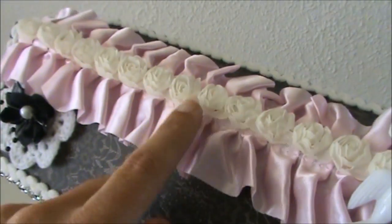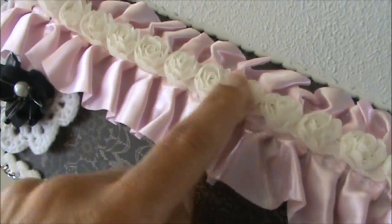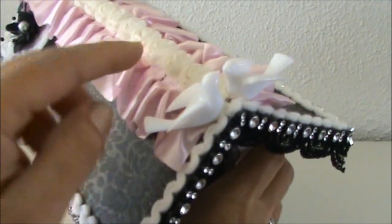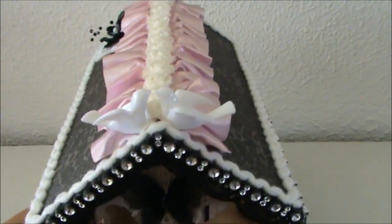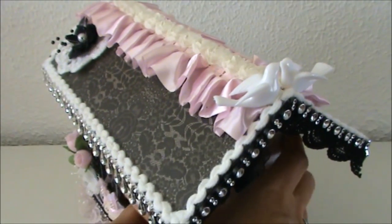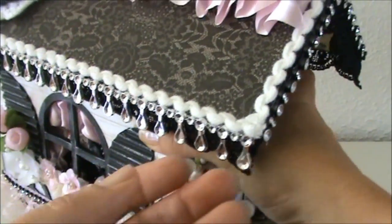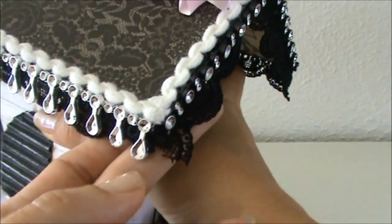This beautiful box pleated trim is from Natasha's Scrapbook Corner. And this rosette trim is from my stash. And these two beautiful doves are from Natasha's Scrapbook Corner as well. And I adhered them to the roof like some love birds. And underneath I have some beautiful black lace. It's kind of hard to show, but